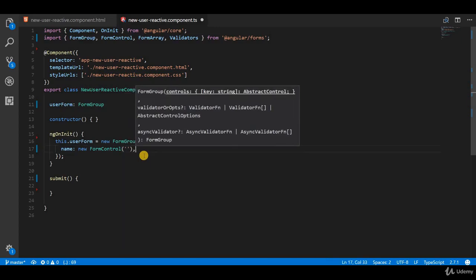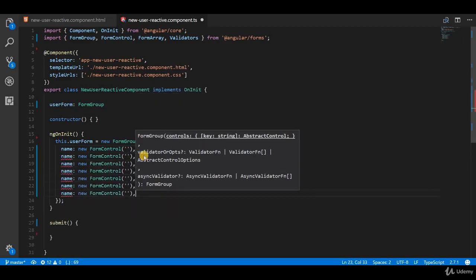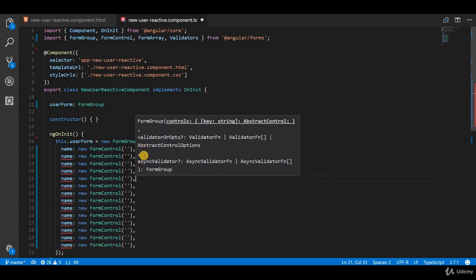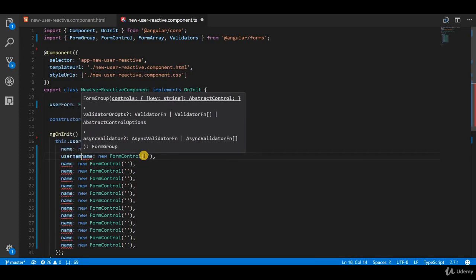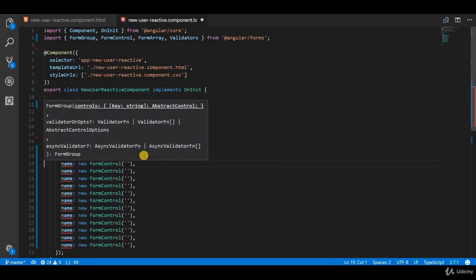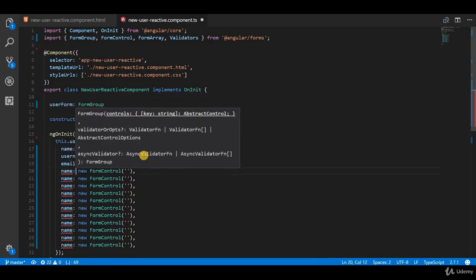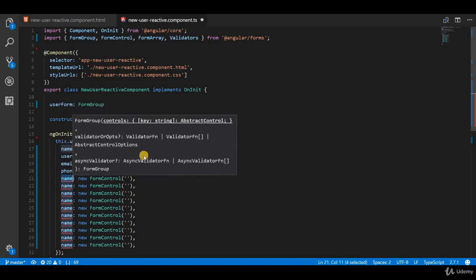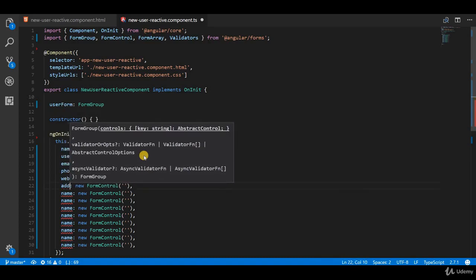Now I'm just going to press Shift Alt and the downwards arrow key to duplicate this line a few times, like so. And let's start with the second field, which is going to be a username, like so. It is again a form control. The third one would be an email. Fourth one would be a phone. Fifth one would be a website, like so. And the sixth one is going to be an address,